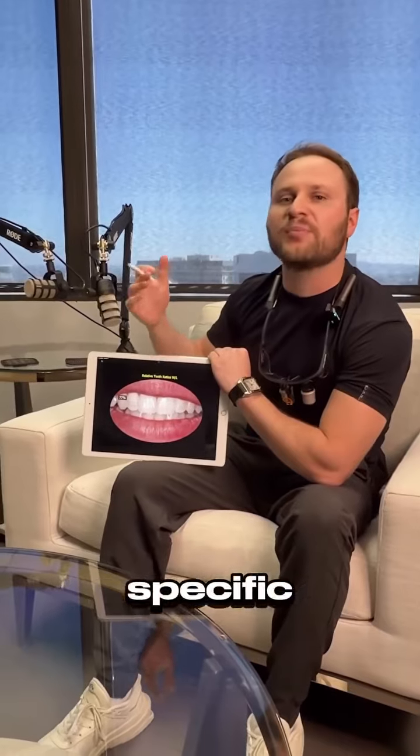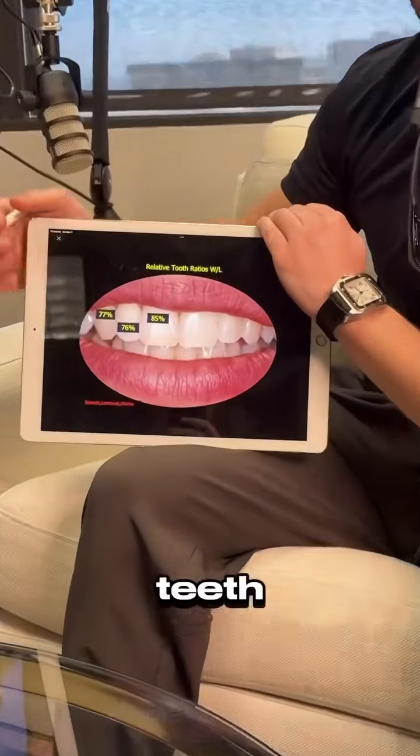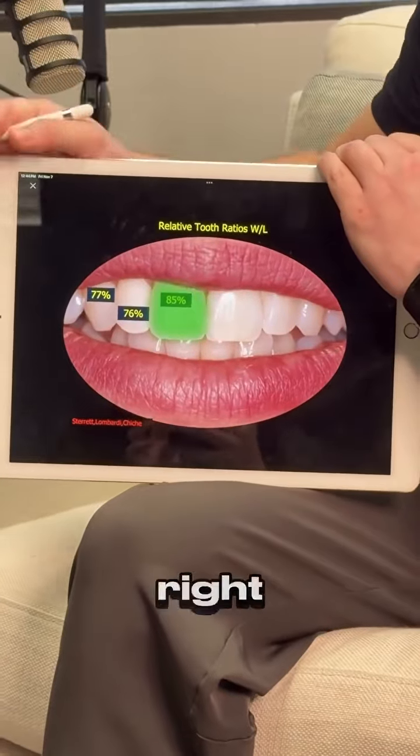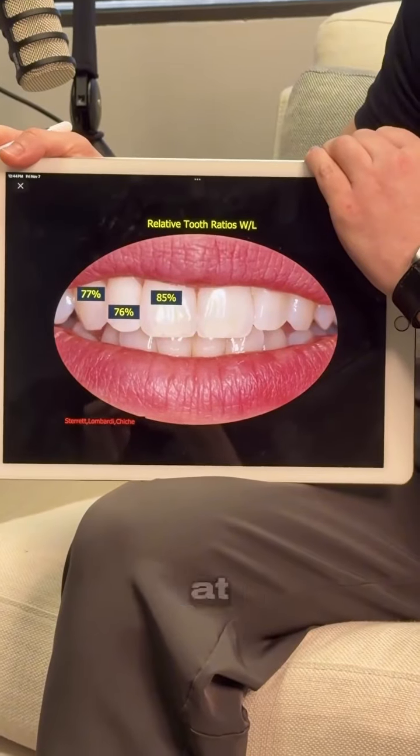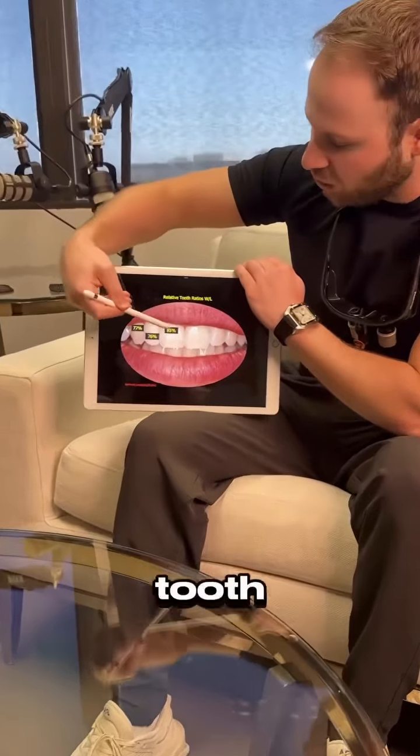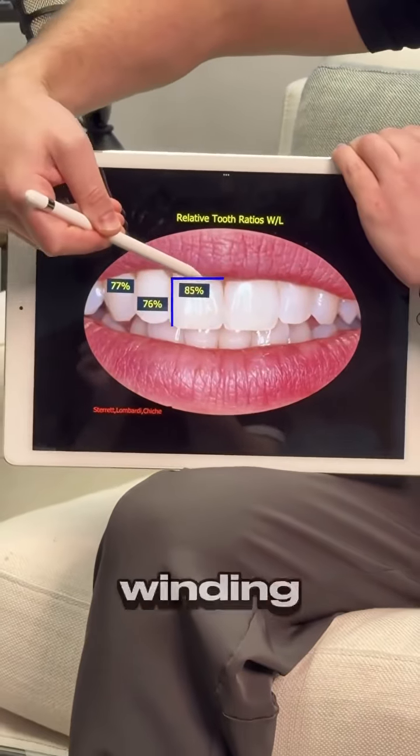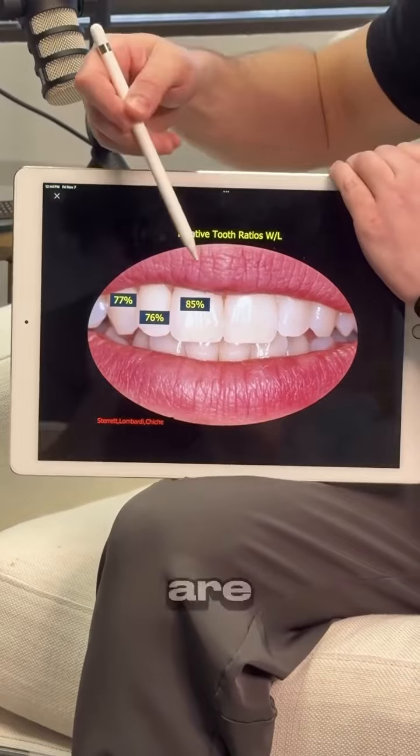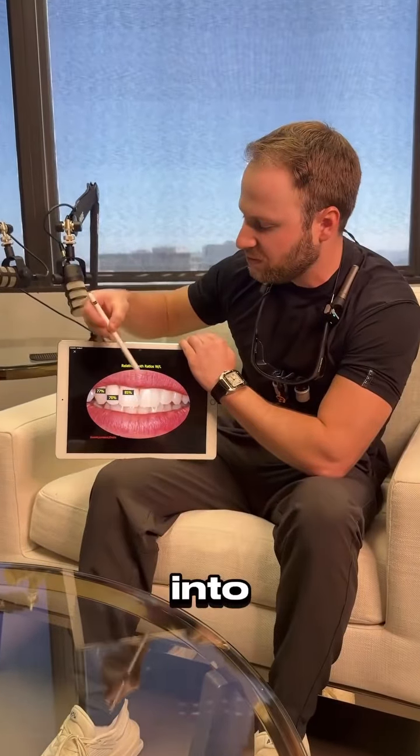So when we're looking at ideal teeth, there are specific proportions and ratios of teeth in a natural, beautiful smile. For example, we're showing width to length ratios of relative teeth. If we look at the central, we can see that a beautiful central might be at 85%. Now, what does that mean? An 85% ratio is taking the width of the tooth divided by the length of the tooth and winding up with this percentage here. So there are certain criteria, certain ranges of ratios we want to fall into,